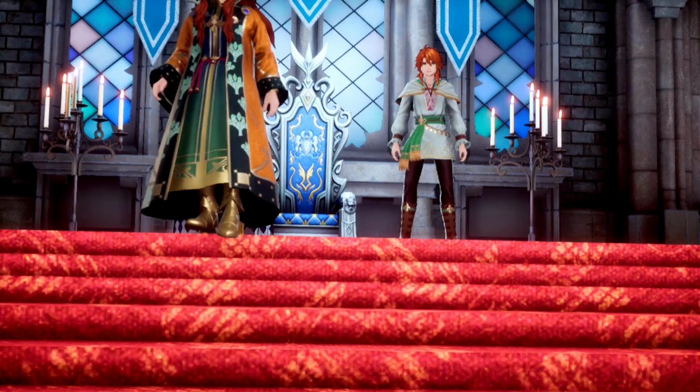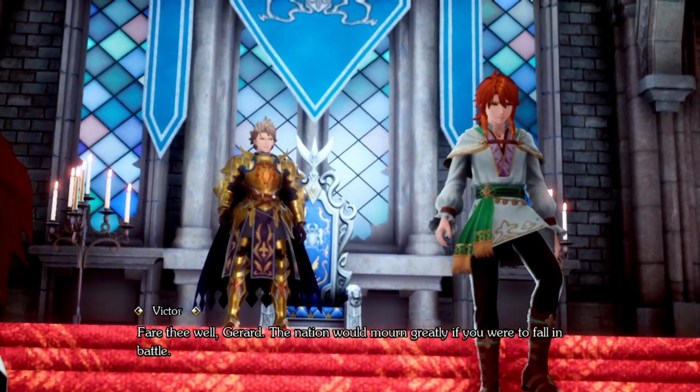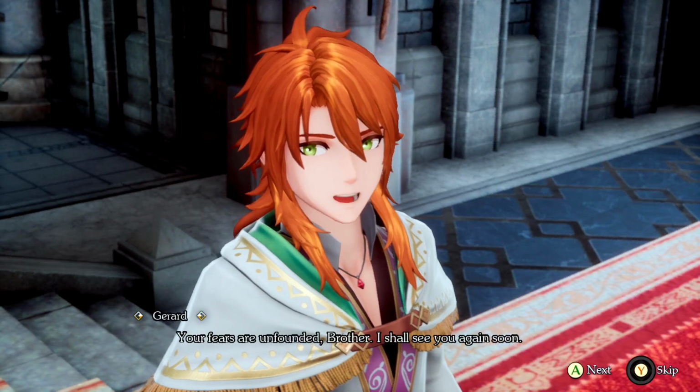Well, I got me a fireball spell, so, and a mace. ジェラール、頑張れよ。だが、無理はする。All right, all right. 兄上。では。